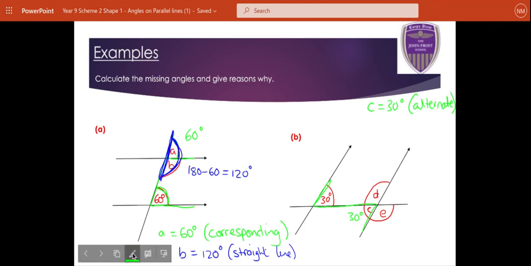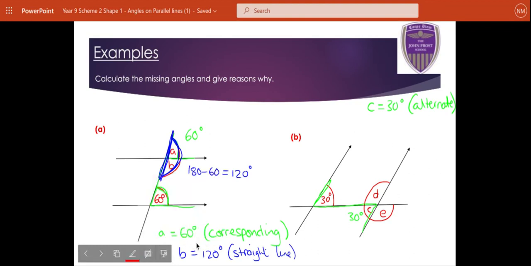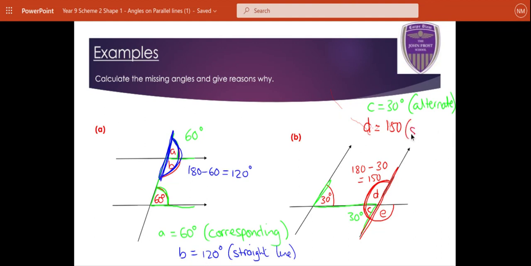Now in a different color, now that we know C is 30, we can have a think about this line here that C and D are both on. C and D together, that angle and that angle, are on a straight line together. We've already discussed that angles on a straight line add up to 180. So the angle for D must be 180 minus 30, which is 150. So we write D equals 150, and you can just write straight line